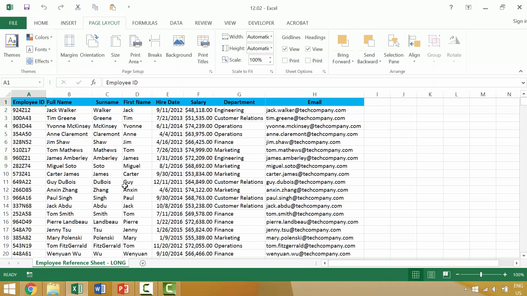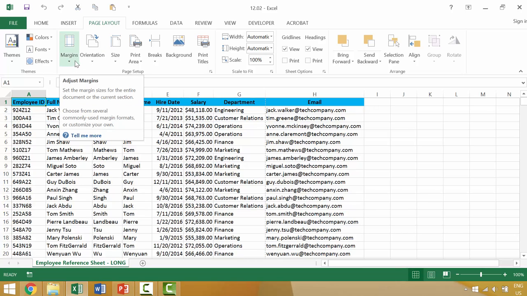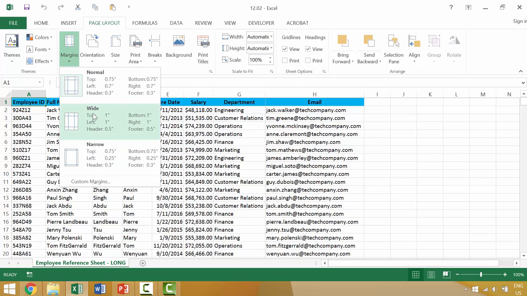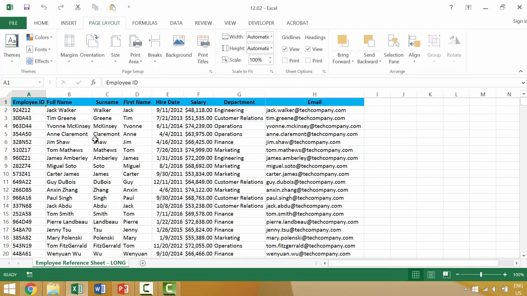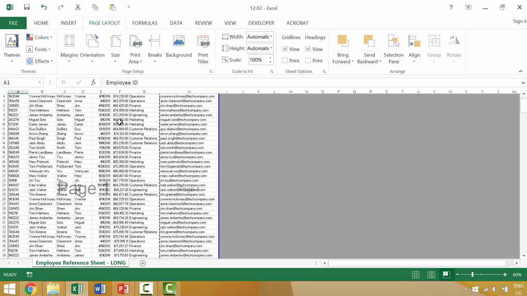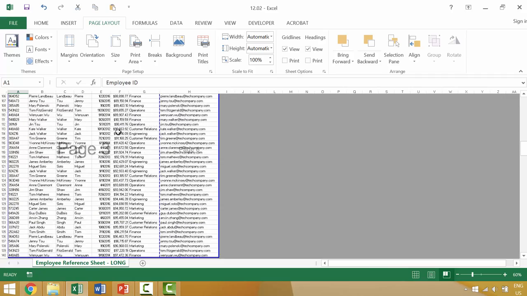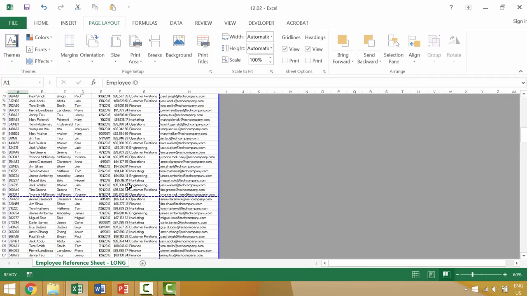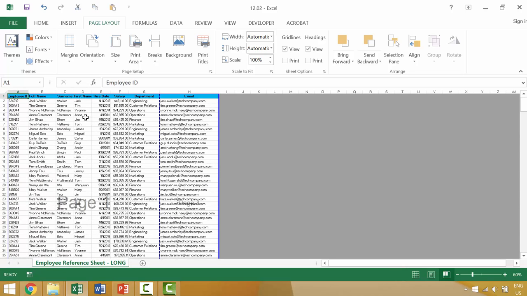But a more interesting way to see that live in action would be to come here and go to the margins, and then you can select narrow margins, which I'd often do. Now, orientation is going to allow you a different set of views, and one thing that we'll discuss later in this section, but can be useful now, is to go to what's called the page break view. So if you go to the page break view, this is going to show you the individual pages and how they would print. So currently it looks as though we would have 6 pages printed, and you can see that these columns don't fit on our